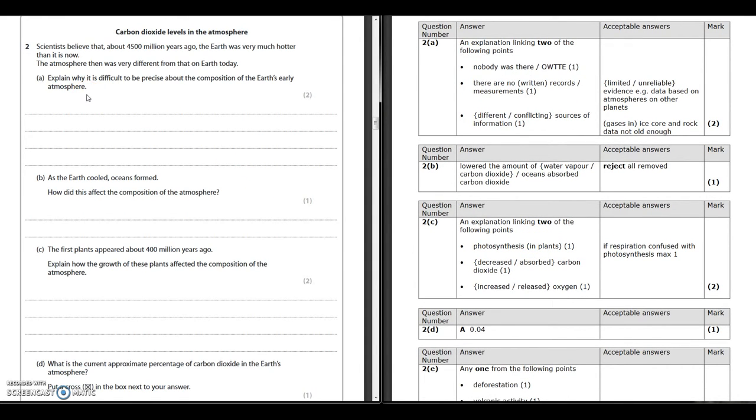Looking at the Earth's atmosphere, explain why it's difficult to be precise about the early atmosphere. The easiest, most obvious answer that we're looking for: nobody was there. Which then obviously leads on to another point, and you might have missed off adding a second point. So you won't have any written records, or there won't be any evidence, because that's what